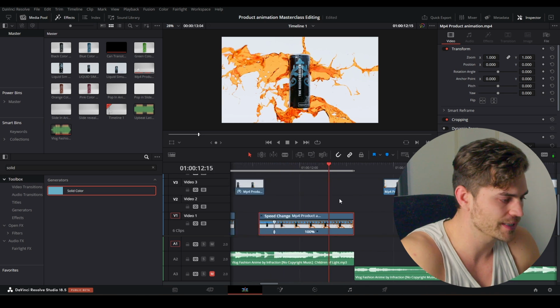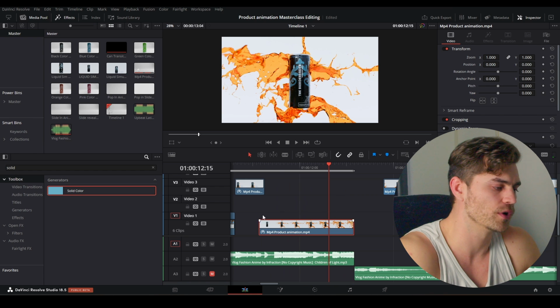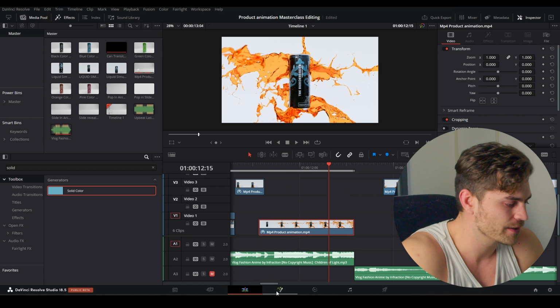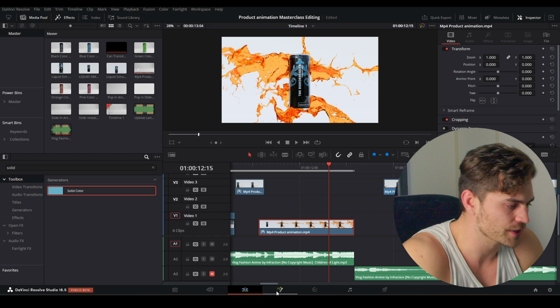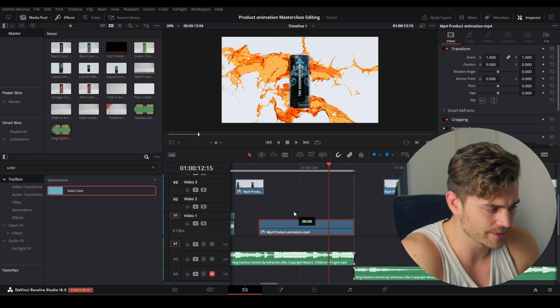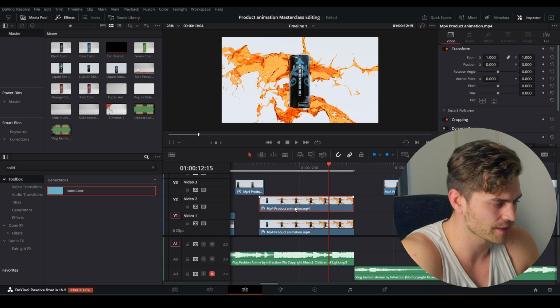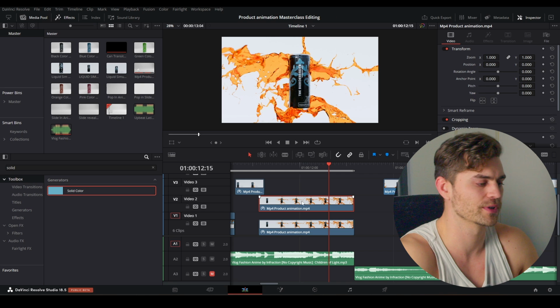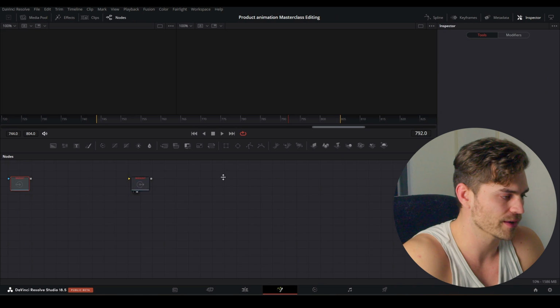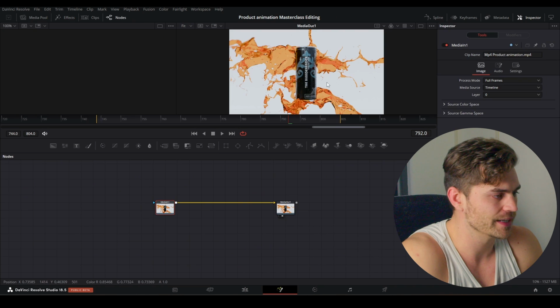So I'm heading over into this one. I'm going to type Control R to remove our retime. And right here we have our Fusion composition. So I'm going to duplicate this clip first of all. So hold Alt, drag it upwards. Now we have something extra to work with in case we mess it up. So here we have our Fusion clip. We've got the media in.